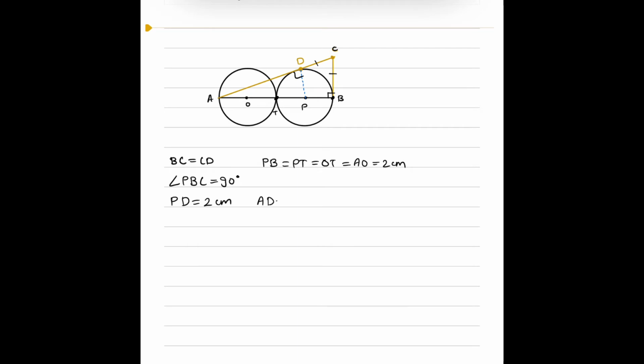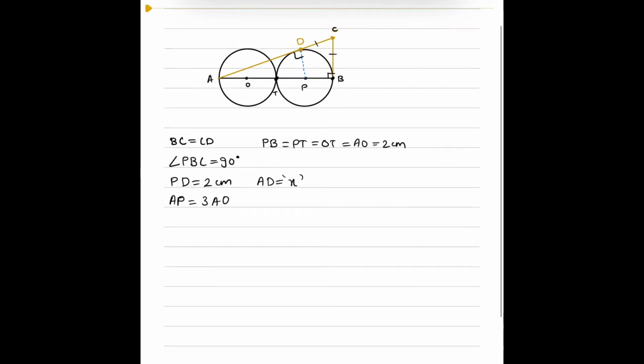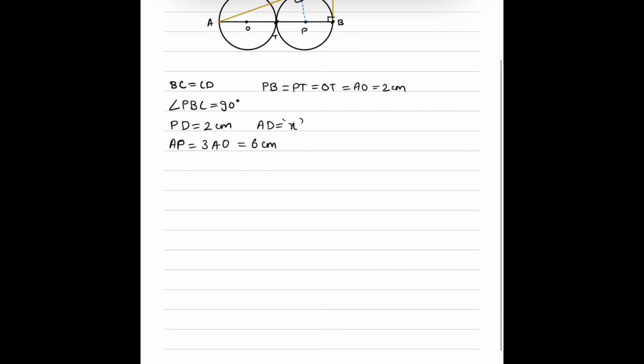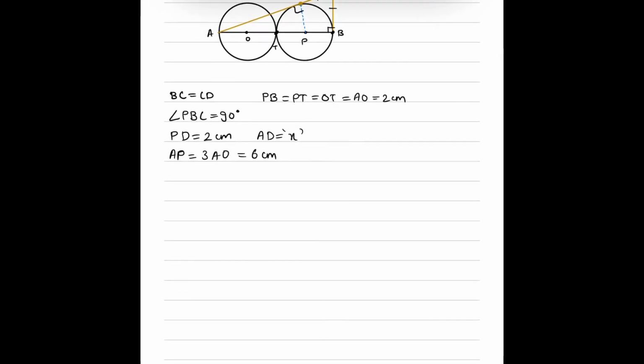We don't know the length of AD. Let's call it X. But we know the length of AP, which is thrice AO, which is equal to 6 centimeters. So, don't you think we can find X with Pythagoras theorem? Yes, we can. So, by Pythagoras theorem,